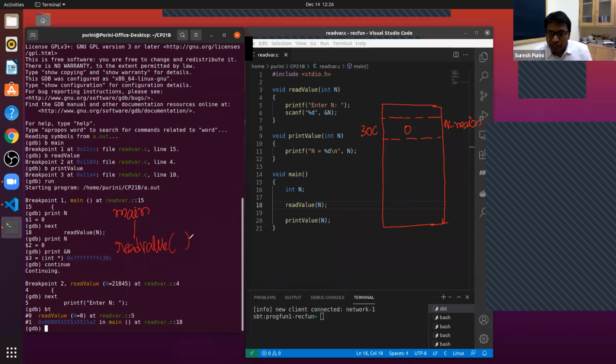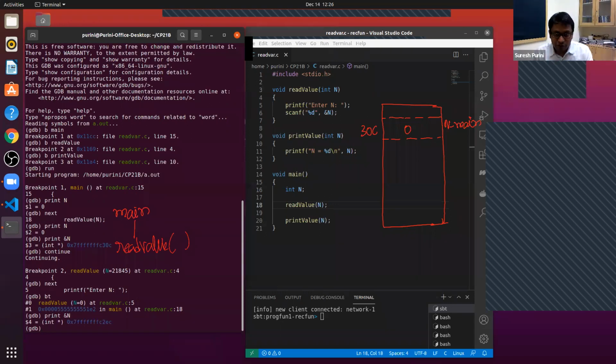What is the address of the parameter n in read value? Let's print the address of n. For n_read_value, the variable n in read value, what are the last 3 digits of its address? Can you type it in the chat box? Yeah, too easy. Very nice. Awesome.